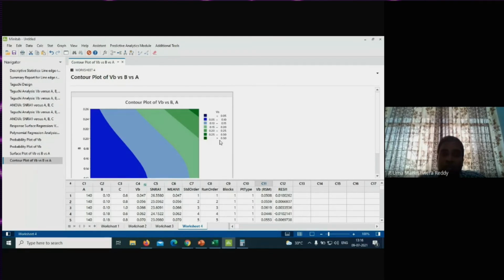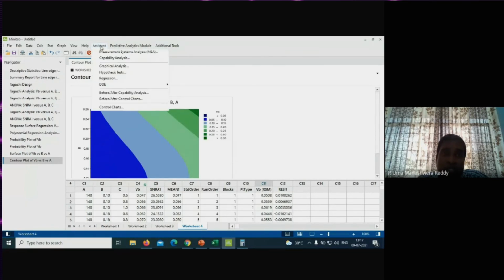Let me explain now with the help of the Minitab Assistant. I'll take only 2 more minutes. Please allow me. So this is very important. Whatever I've done, the same thing I can do using this assistant. If you use an old version of Minitab, this option is not there. You have a help option, so using that help, you can do it. But here the assistant tool gives you complete knowledge. For beginners especially, without having any knowledge, by selecting the assistant or help tool, you can perform whatever I've done so far.